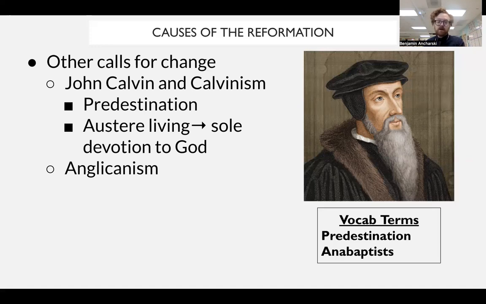Sorry, Anglicans. Another form of Protestantism that emerges that's very radical is the Anabaptists. Anabaptists believe in a lot of wacky, crazy things. They believe in the idea that the Bible is the only authority, both religious authority and political authority as well. That you shouldn't devote yourself to anything other than religious life. You should separate yourself from secular authority. So basically, Anabaptists say, let's not swear allegiance to anything other than what's in the Bible.